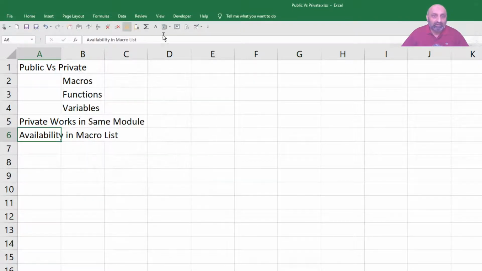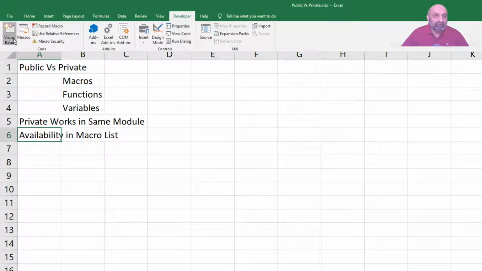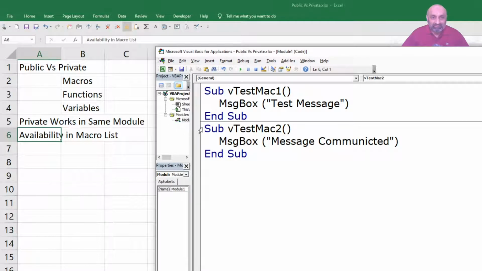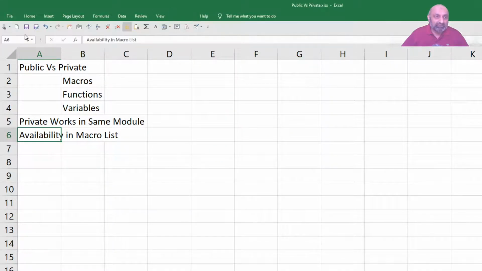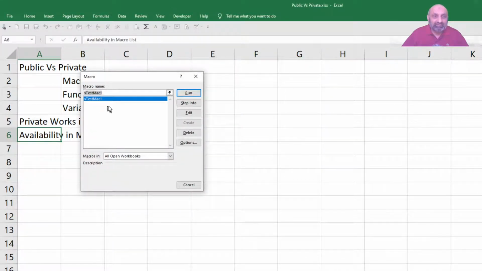So what if I declare test mac2 as private? Okay, so I have written just private before the word sub, and this is now a private macro. And if I go to developer, you can see now there is only one macro.